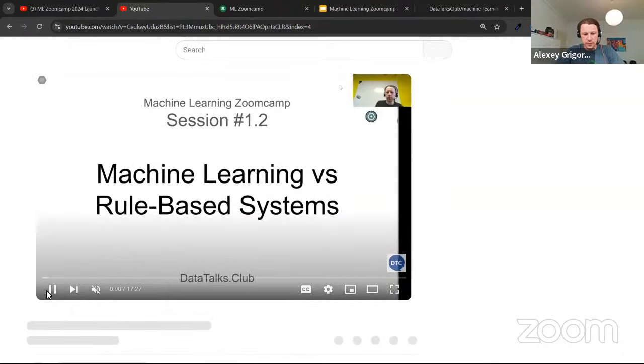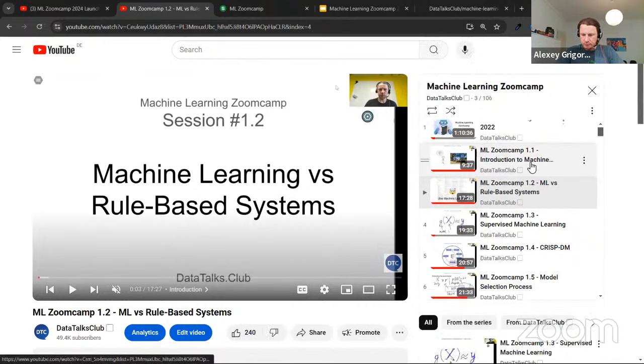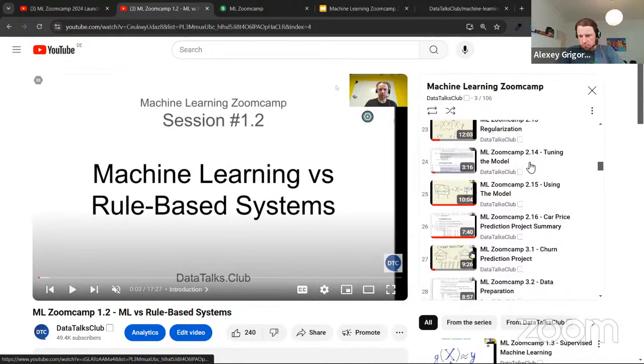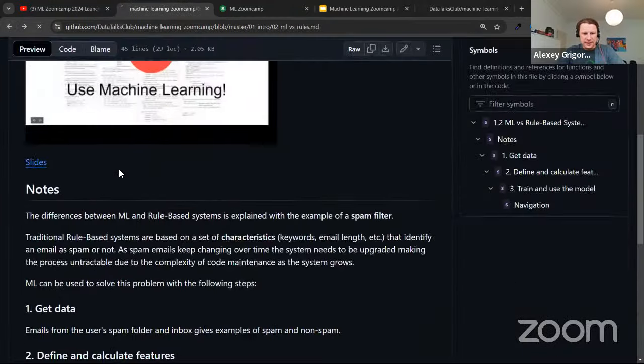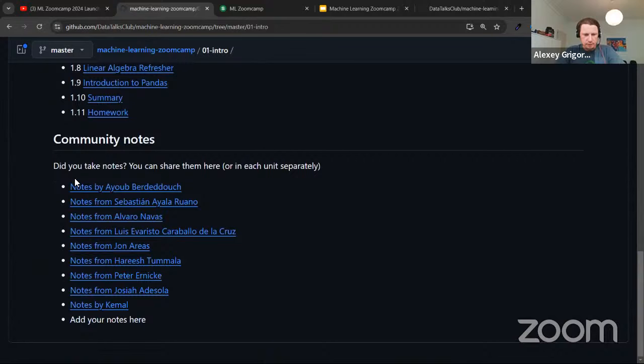Some people find it more useful to use just YouTube, because on YouTube we have a playlist. So this is the playlist. You go through this playlist like it's ordered. But this way, if you just use the playlist, you don't see the notes. So there are a lot of notes. And actually, if you go one level up, you see the community notes.